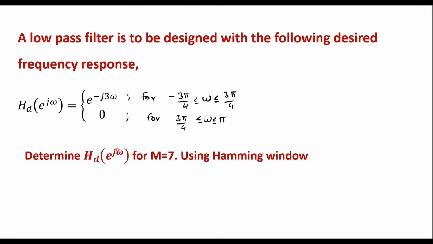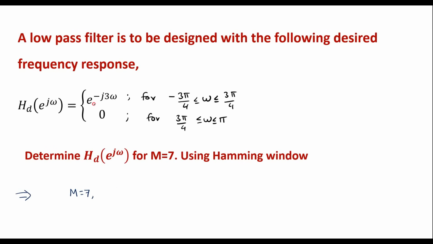In this video, I will discuss the design of an FIR low-pass filter. A low-pass filter is to be designed with the following desired frequency response. Determine H_d(e^{jω}) for M = 7 using a Hamming window. So here M is given, that is the size of the window, M = 7, and here